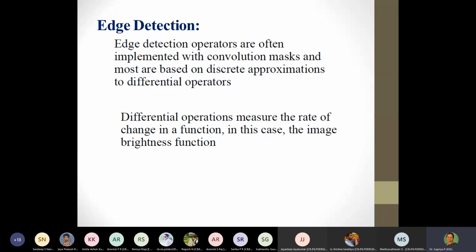So in a basic case, the differential operator, that is ∂f/∂x or ∂f/∂y, what is this f? In mathematics, f could be x squared plus 3x plus 5, or some function of x, or some function of x and y, because you have x and y in this case. But here it basically measures the brightness of the image.